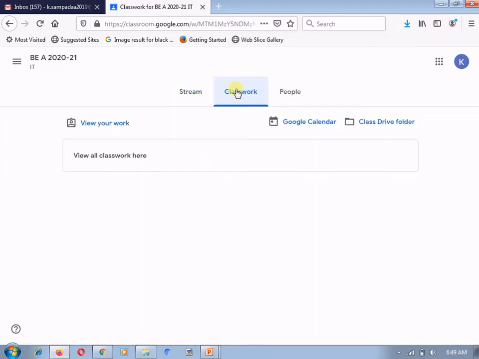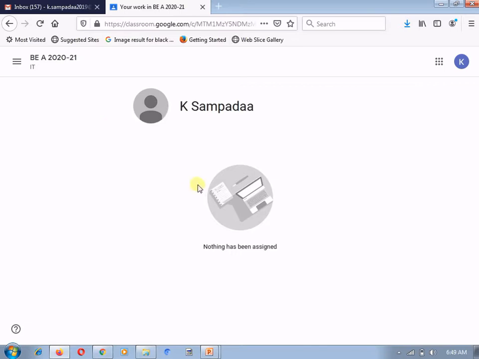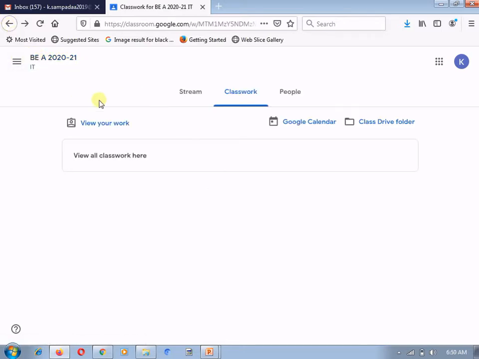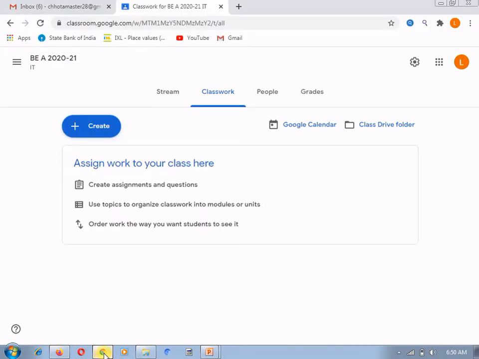At the student end, if you have not posted anything, the students cannot see anything. Nothing has been assigned, nothing has been posted by the teacher. So let's move to the classwork tab again, and let's switch to the account where I am playing the role of teacher.